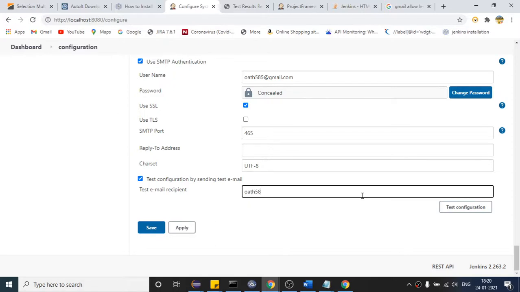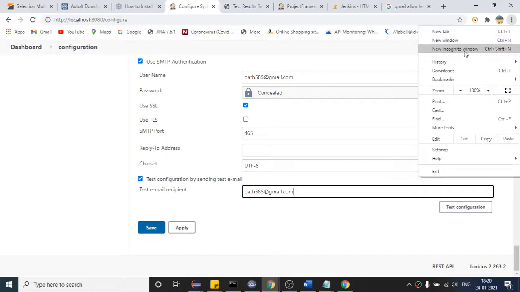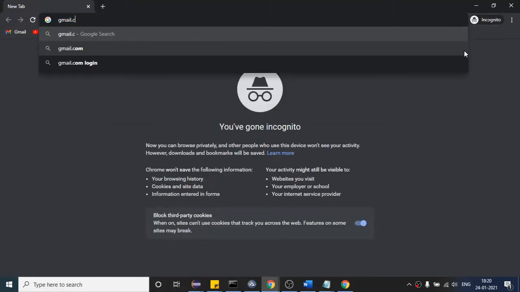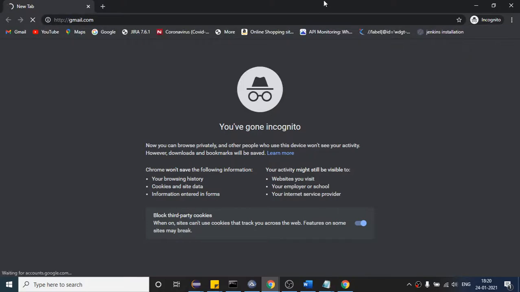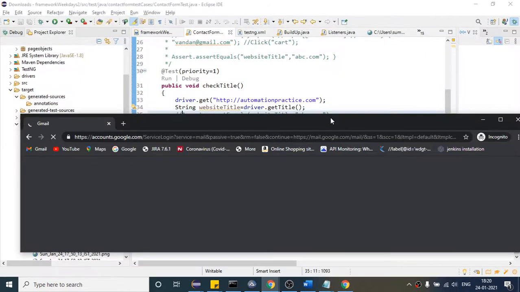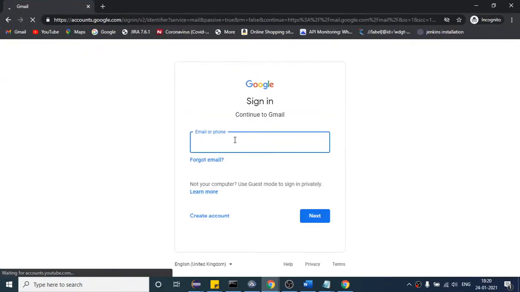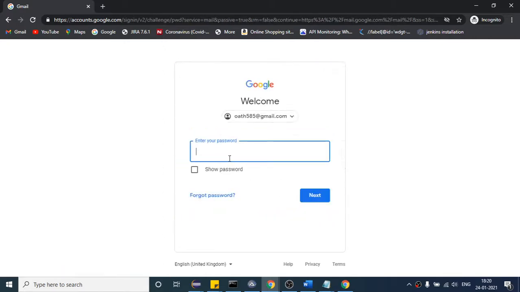This is one dummy email I have created, right? Let me open that email in incognito mode, so we can see whether we are okay. One more thing you have to do.